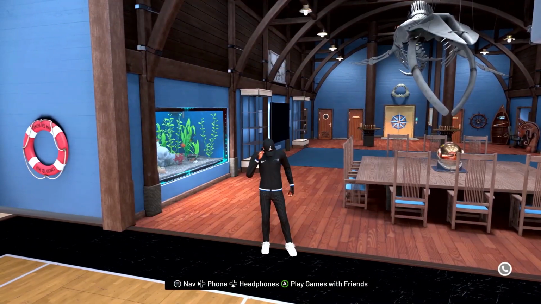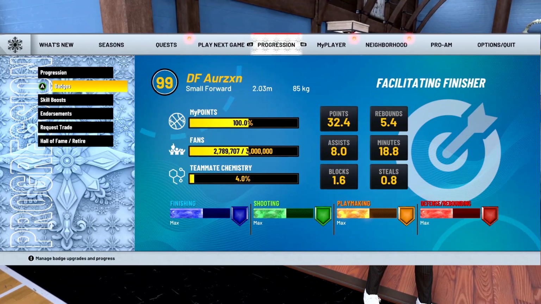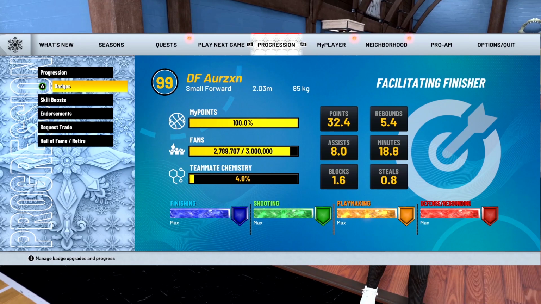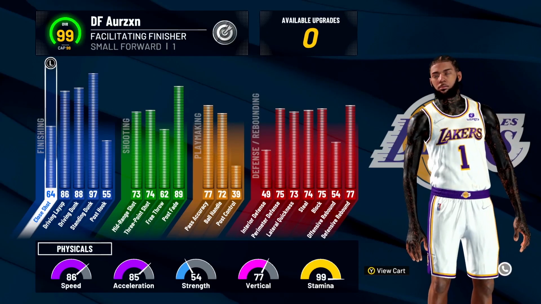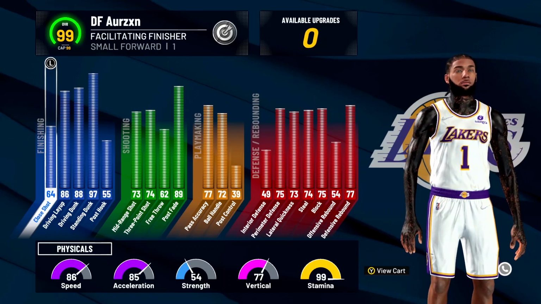Alright guys, so I'm on my first build right here, and I'm going to be showing you guys my badges and animations on all of my builds, so you guys know for which ball control. So starting off, this is my 6'8" facilitating finisher build, and I'm going to show you guys right here that I have a 72 ball handle. So if you have a 70 ball handle, not 75, if you have a 70 ball handle, you could do